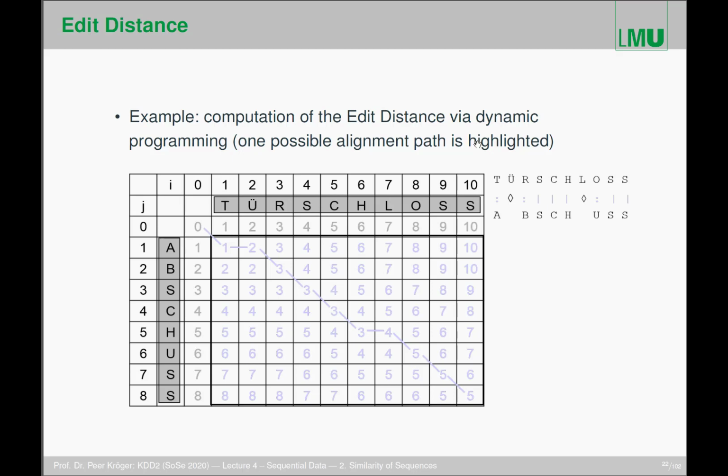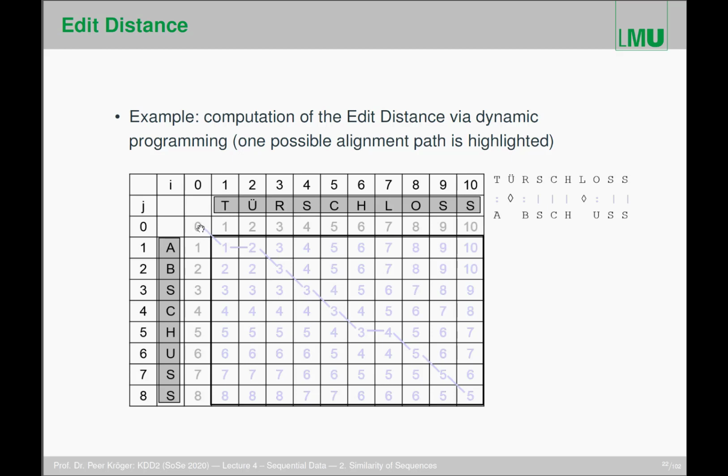So the computation of the edit distance with this dynamic programming scheme, and we just highlight here one possible alignment path, and you can try to figure out if there are other paths with the same cost. You see you start typically from nm, here from 10,8, and then you try to minimize the cost by always taking the transition with the minimal cost. And you see that the transition with the minimal cost is not unique. You can do this way, which is highlighted, or you can also move this way. So if you move this way and always at each cell take the transition with the minimal cost, it will guide you on one possible optimal path